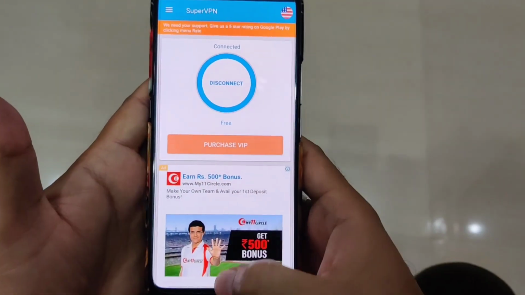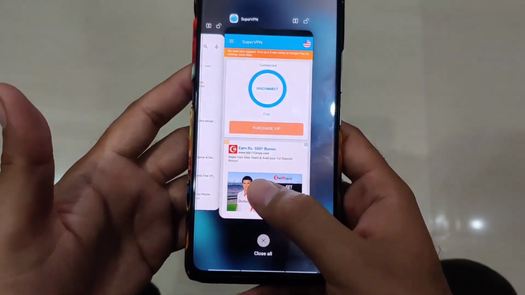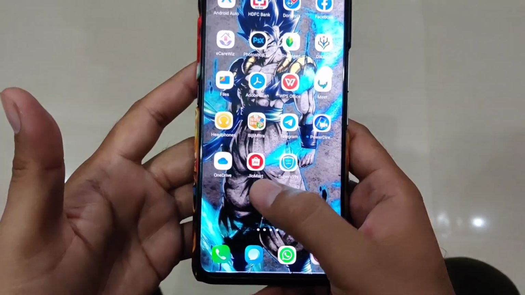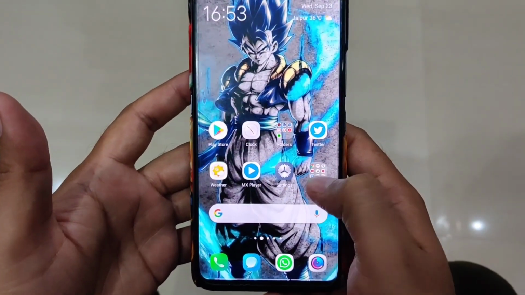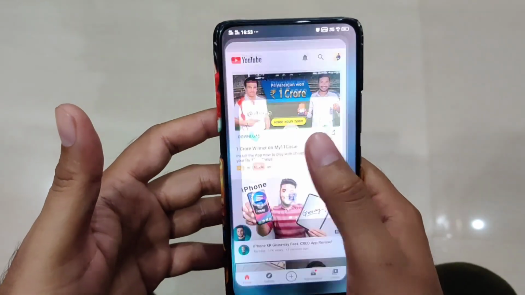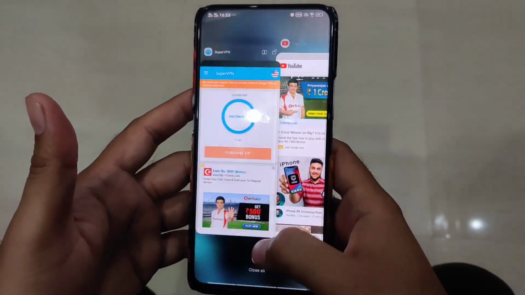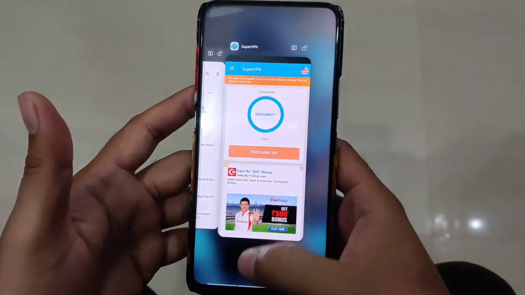So now what you have to do is wait a second, let me open YouTube first. Click over here, select YouTube, and remove it from memory for the first time only.